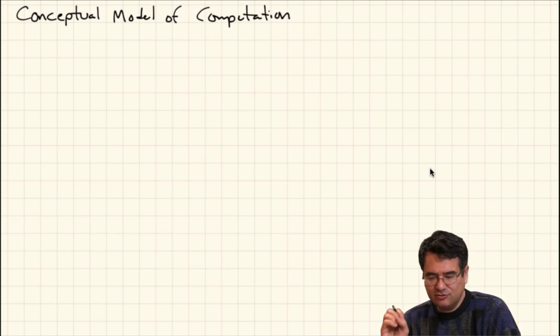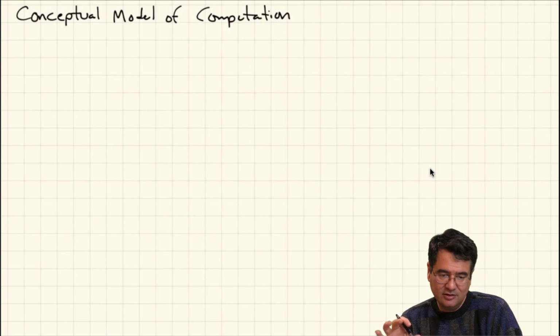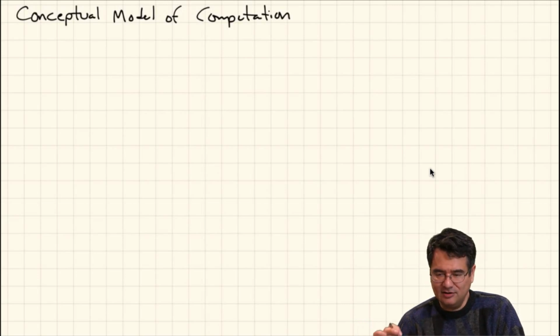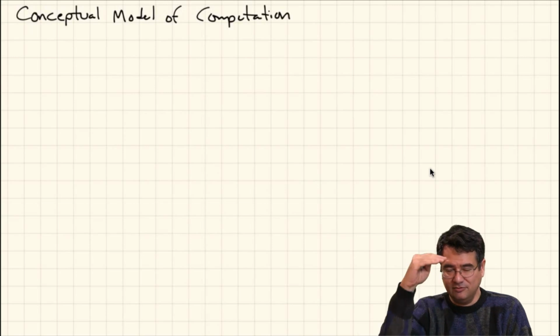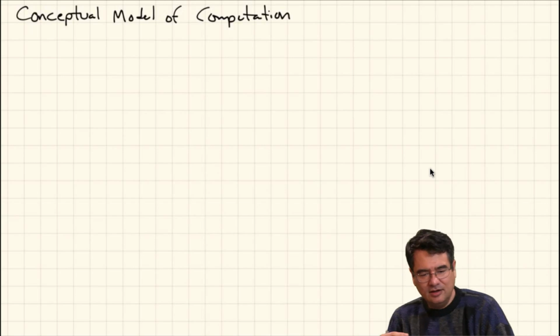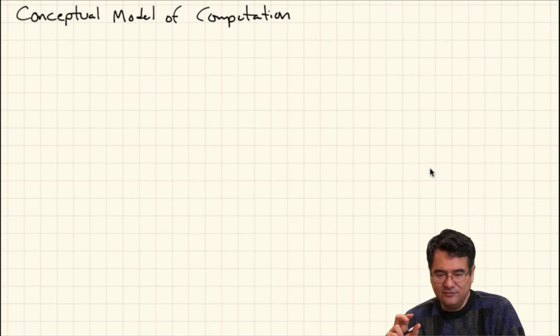writing any code is draw a picture. Draw a picture of what it's supposed to look like before the method executes and what it should look like once the method is finished executing. And then what goes inside the method is, what do you have to do to make the before become the after? And to be able to do this, you've got to have an idea in your head about what is going on inside the computer. And again, it's just a model. It's not the real thing, but it's close enough to be able to make your programs hopefully make a little